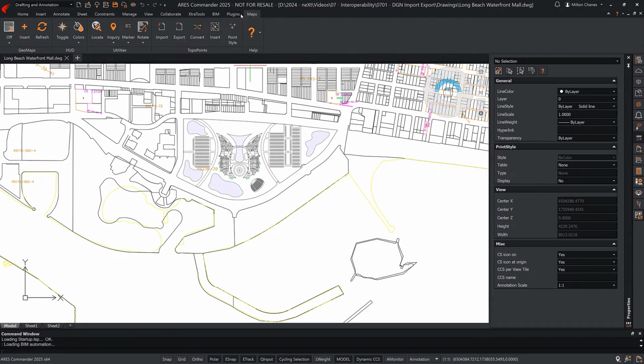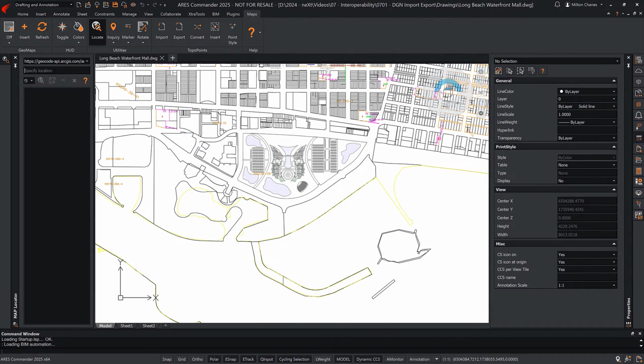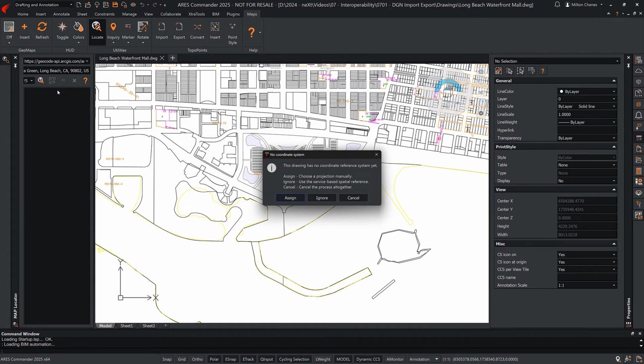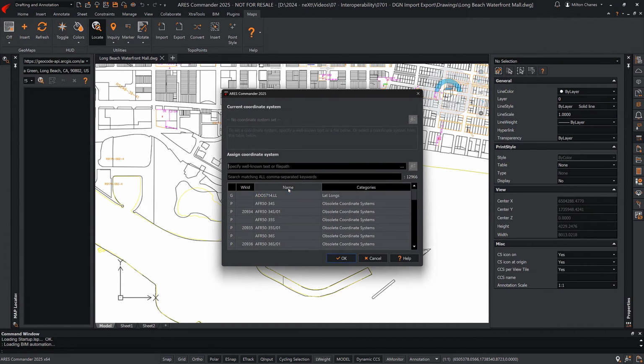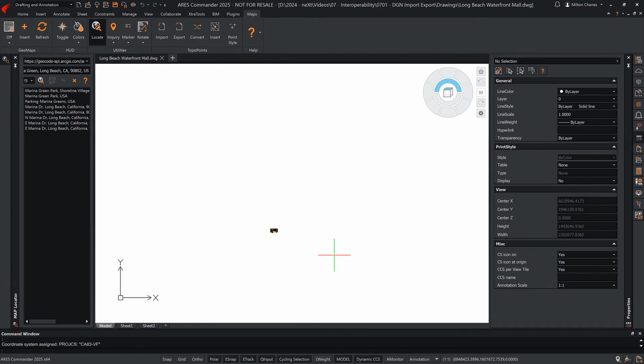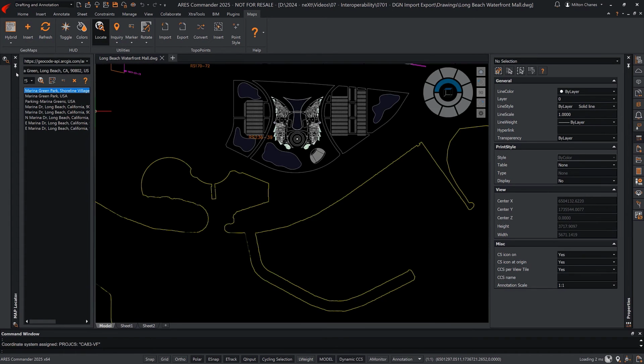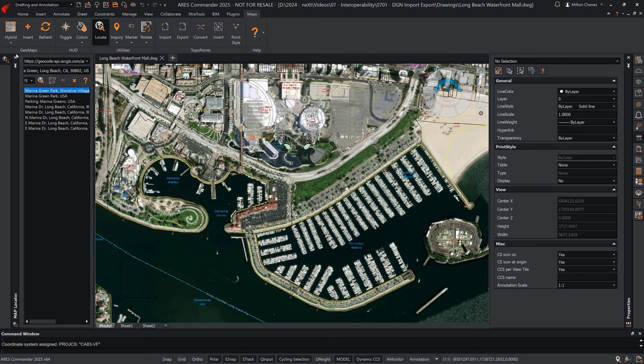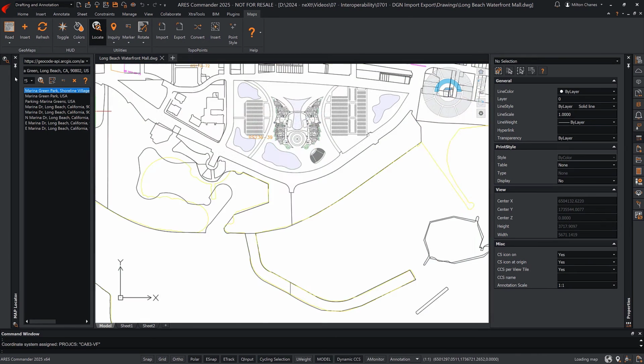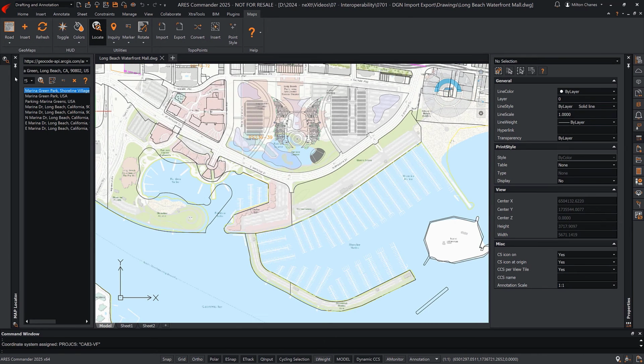Now let's take a moment to remind you of the features available in the Maps tab of the ribbon. Using these features, we have searched for the exact location and are able to display our project with a satellite image of the area. The new version improves the speed of the maps when zooming in or navigating with the mouse wheel. To learn more about the maps functions of Ares Commander, you can watch previous videos that we have created on this topic.